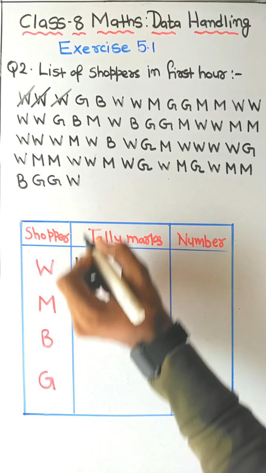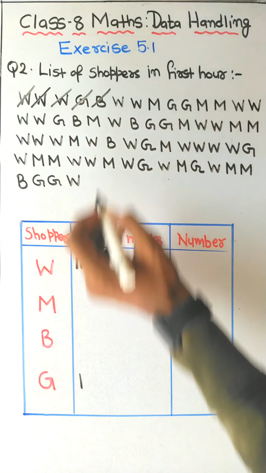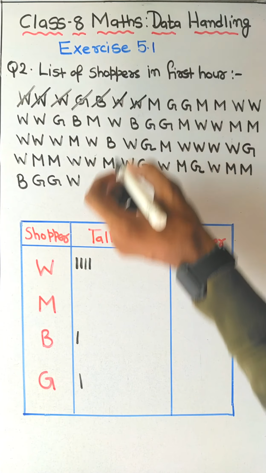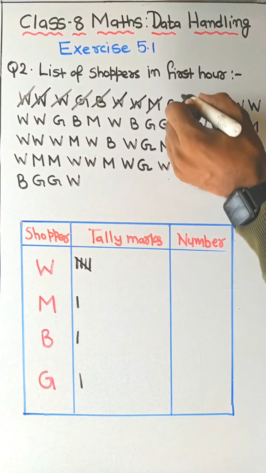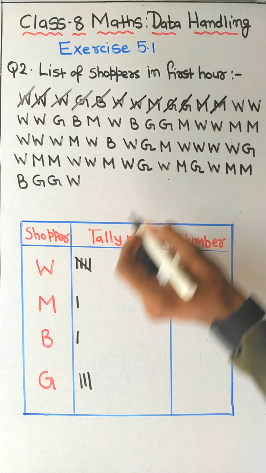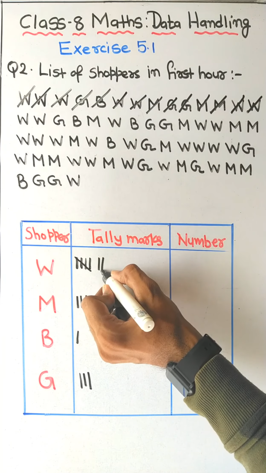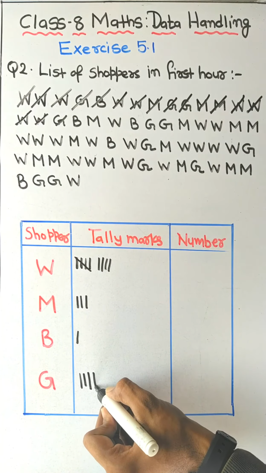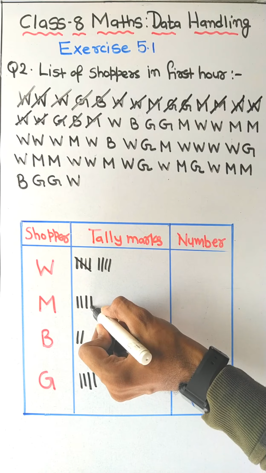So over here 3. Then we have girl, so we'll put a line near girl. Then we have boy, so one line near boy. Then woman again, 4, woman, this will be 5. Then we have man over here. Then 2 times girls, so 2 lines in girls. Then 2 times man, then 2 lines in men. Same way, 2 woman, likewise 2 woman, again 1 girl, so 1 boy over here, then 1 man over here,